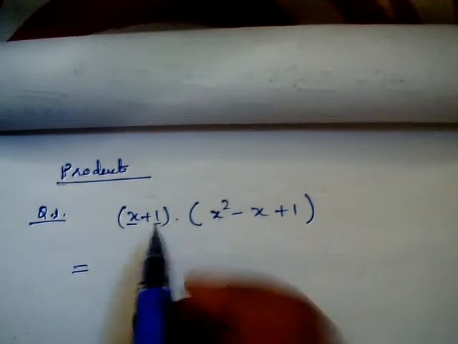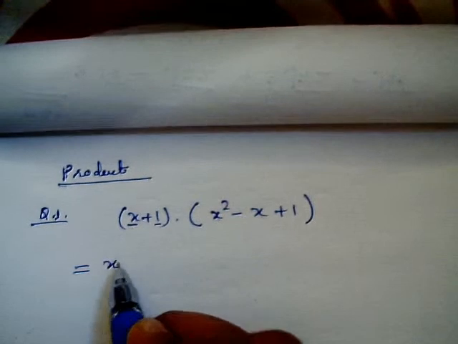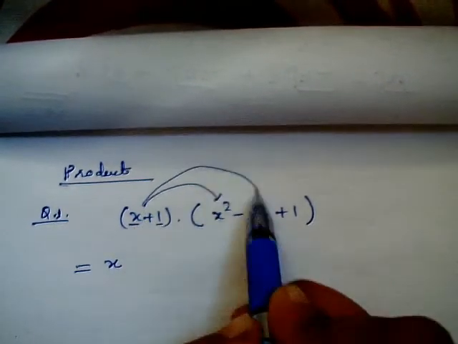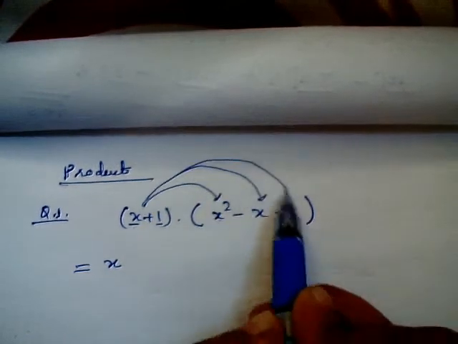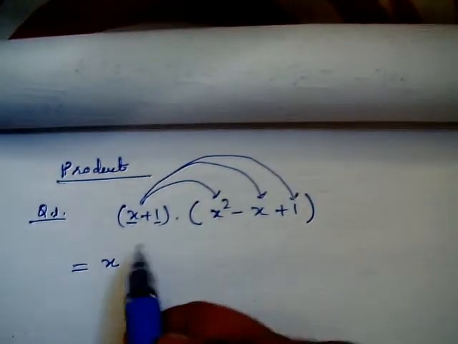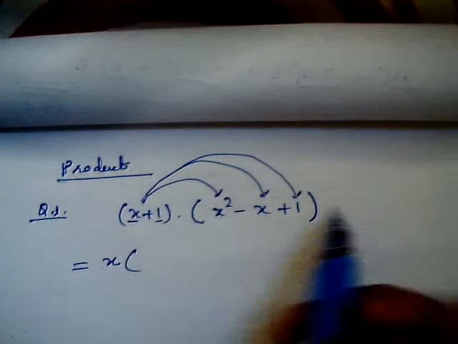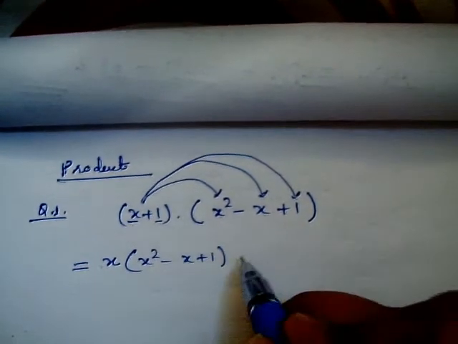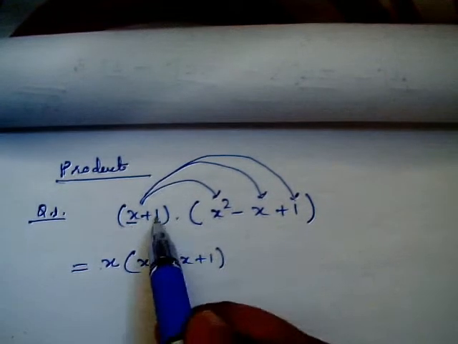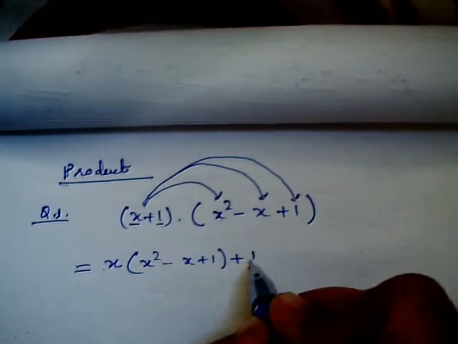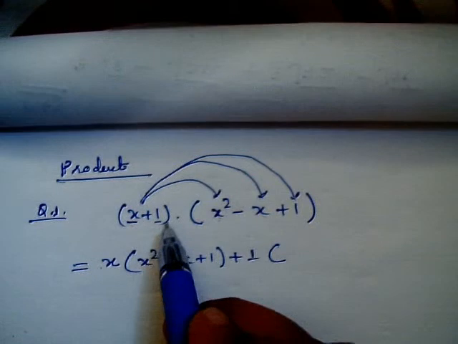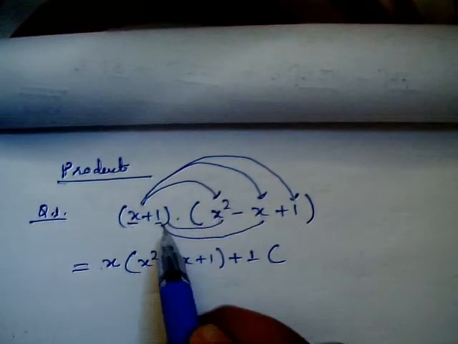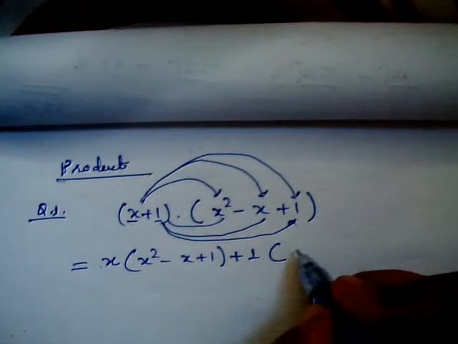So first I am going to write x, and this x I am going to operate on all, like on this, like on this, and on 1. So how will I write it? I'll write x and this total. Okay, then the second time I am going to operate positive 1, so I will write positive 1, and positive 1 will also operate on all the three terms, on this and on this, so means all the terms. So I am going to write that term in full.